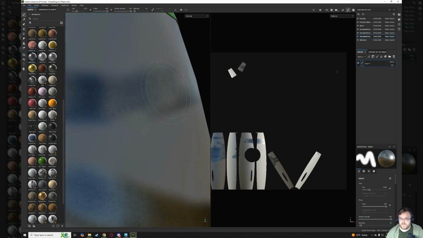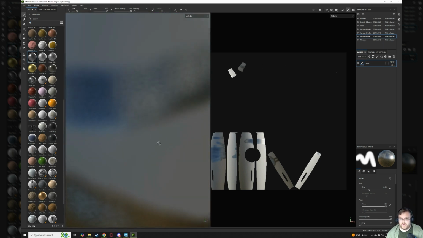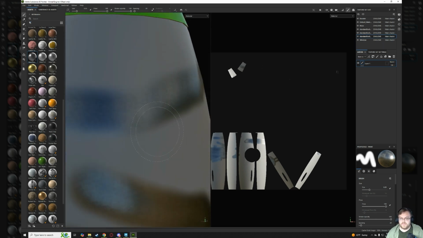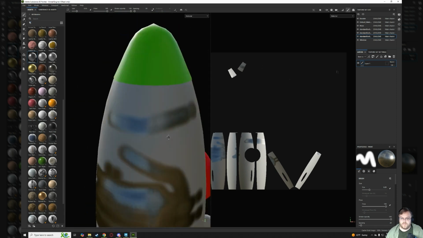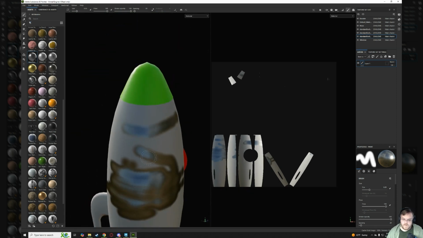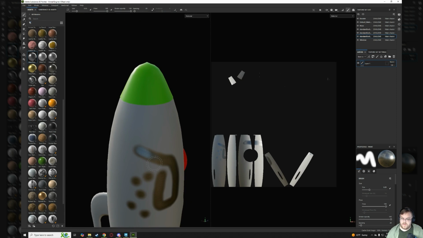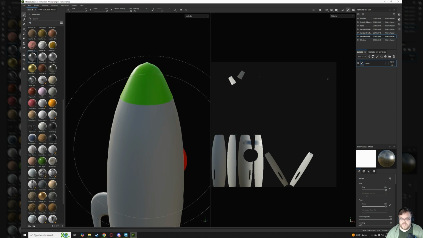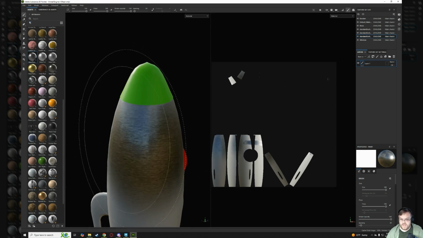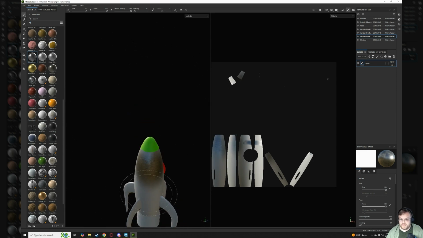If you do a single straight line, you get one iteration of that map. If we undo all this stuff and I were to increase my brush size to the maximum and click and paint, now I've painted basically half of this ship with one stroke. If I stroke all the way up,